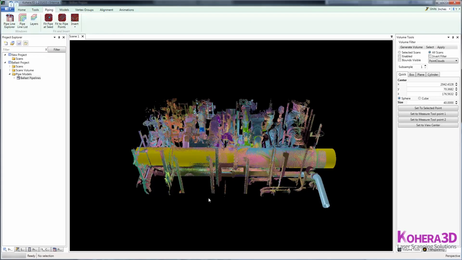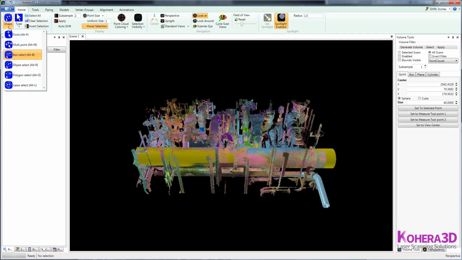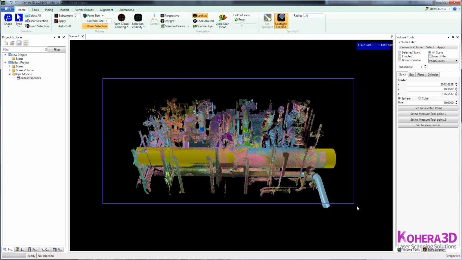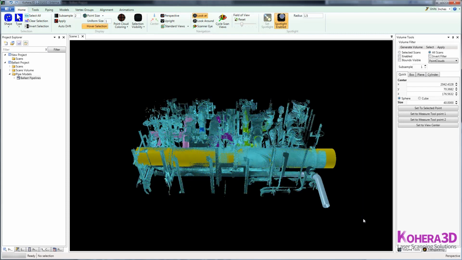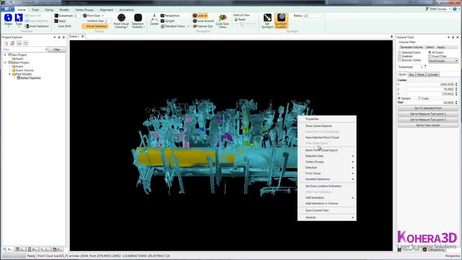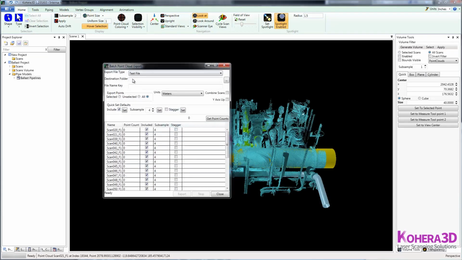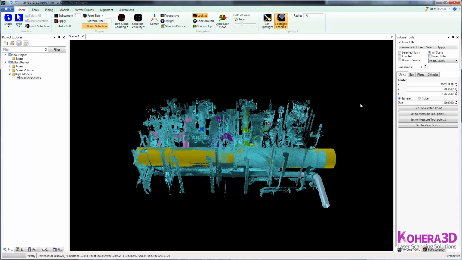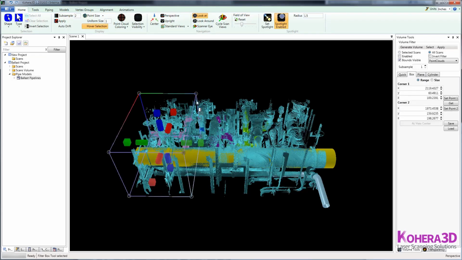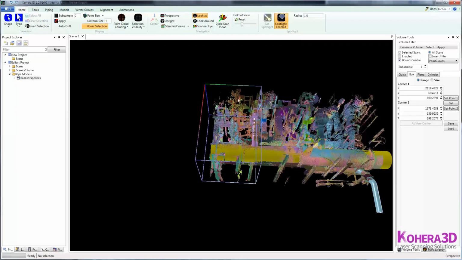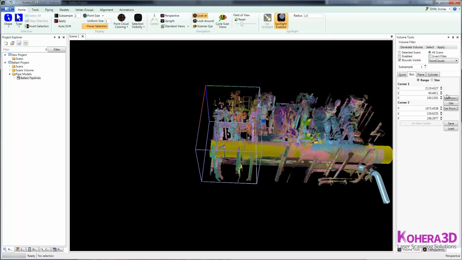Next, I'm going to switch over to the box select, and I just clicked Alt-B to do that. Select all of your scan data, and then you would click a point and run the batch point cloud export, which I've already done in this case, but let's say that this was an actual volume created with the volume tool. So for example, if I just wanted to export this area, I could apply the volume,